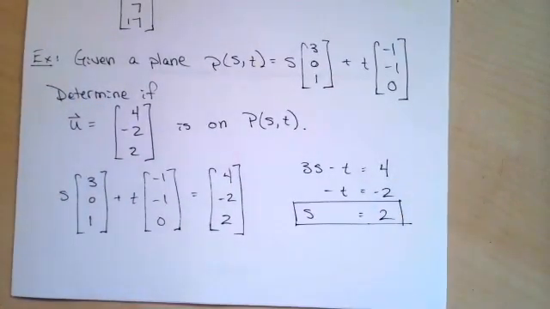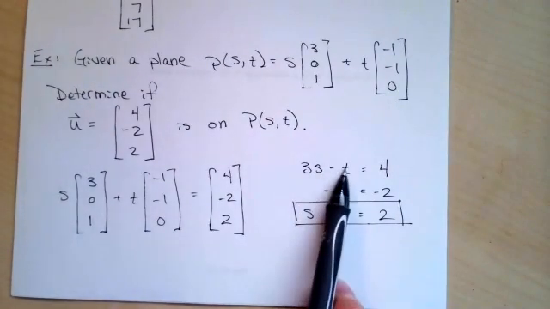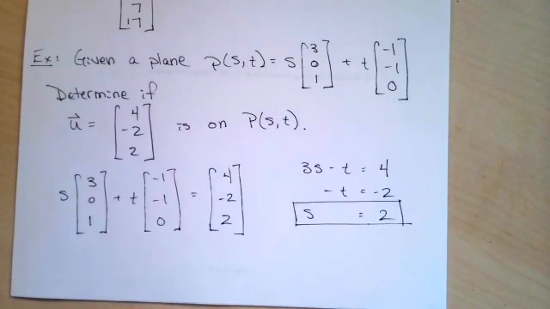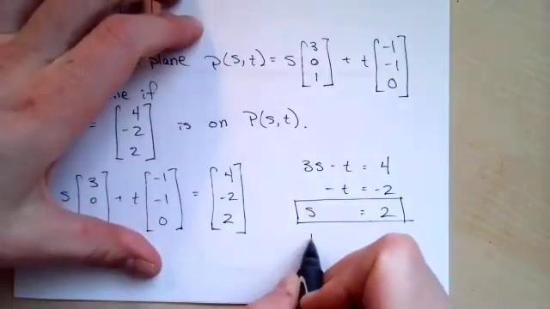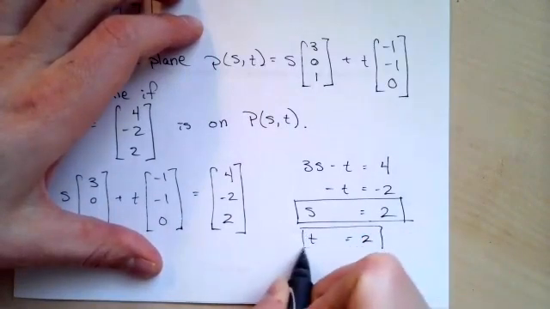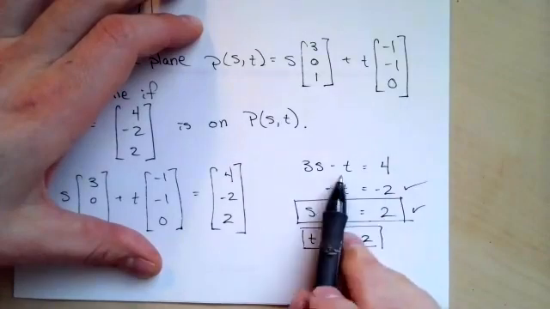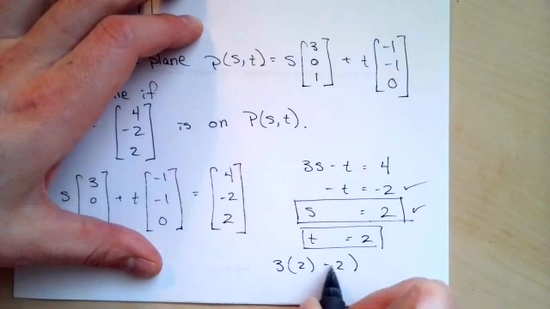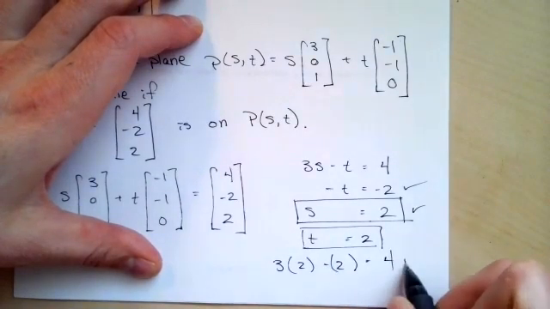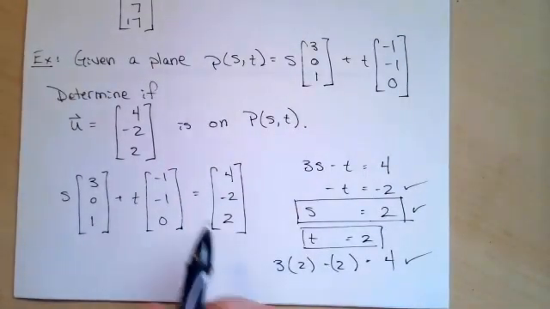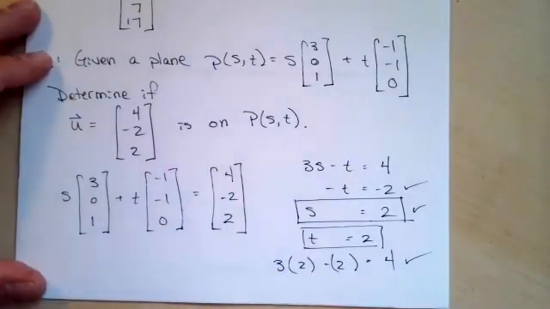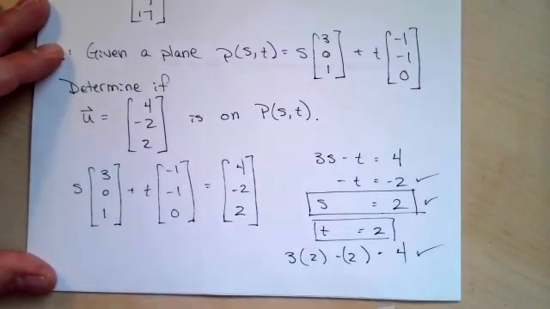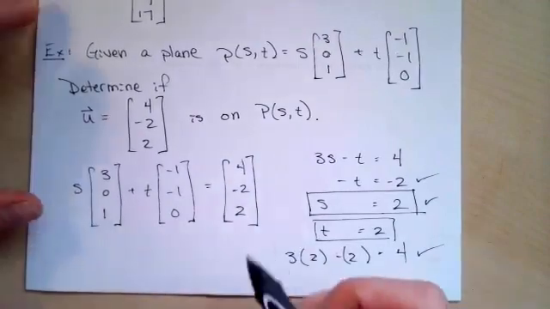So nicely enough, we essentially have our variables solved for. Of course, generally, you might have to do harder work determining the specific scalars that will correspond to this. And remember, we need a consistent solution. So we have our s is 2, our t is 2. So 2 of the equations are satisfied, and then we need to check the third, that 3 times 2 minus 2 equals 4. And that is also true. So since all 3 equations are satisfied, s and t are both going to be 2, meaning that yes,